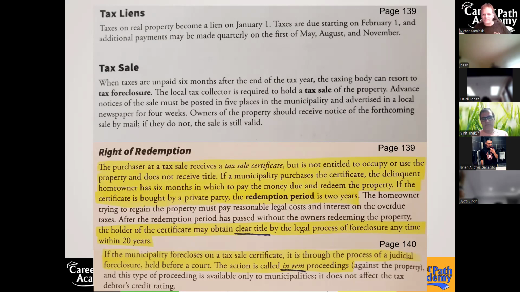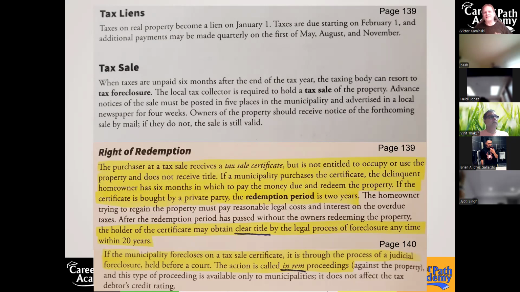That's the end game. And then the municipality gives you a tax sale certificate that says the homeowner owes you this much money at this rate, and they need to pay you by this deadline. Otherwise, you can foreclose on them. So basically, how do you bid at a tax auction if you can't bid on the amount you're going to charge the property owner? You're bidding on the interest rate that you're going to charge them.